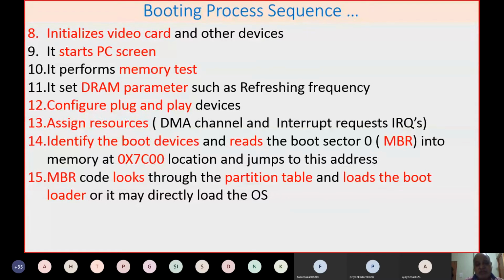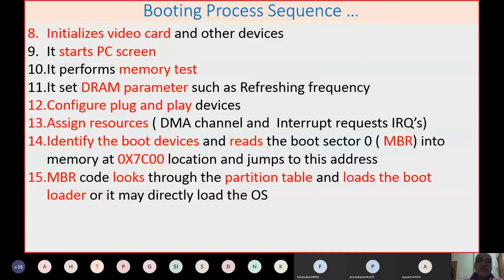Once the bootloader information is stored, it contains an address or name of a bootable file, something like io.sys, msdos.sys, or in advanced Windows systems like XP, NTLDR. In Windows 7, 8, and 10 there is a bootmgr file. Once these files start loading, we can say the operating system has taken over your computer from the BIOS. So this is the switch from the BIOS stage to the OS stage.